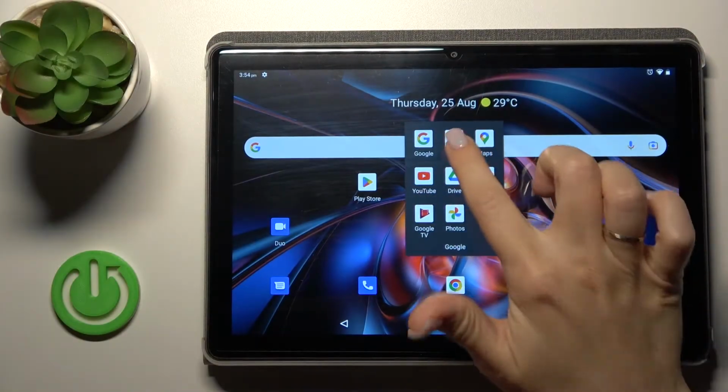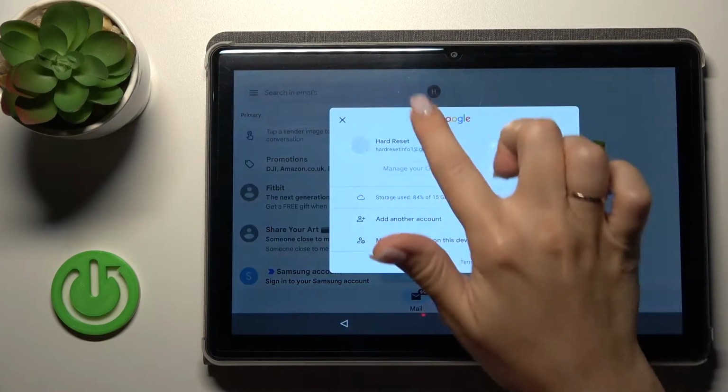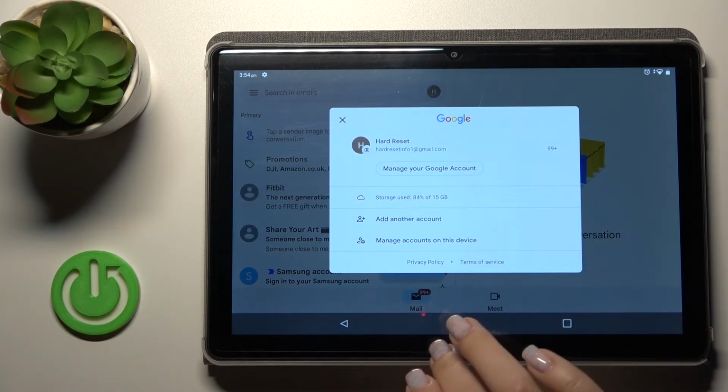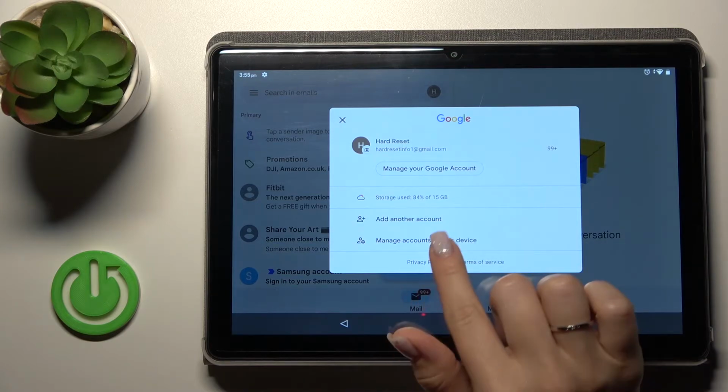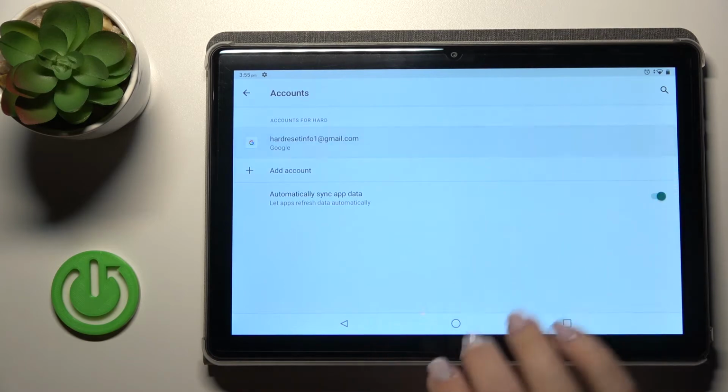So first, let's launch the Gmail application, and after that we can see that we are logged in here in the Gmail account. And if you want to log out from the Gmail account in the Gmail app, we should log out from the Google account on our device. And to do that, we should click here to manage accounts on this device,